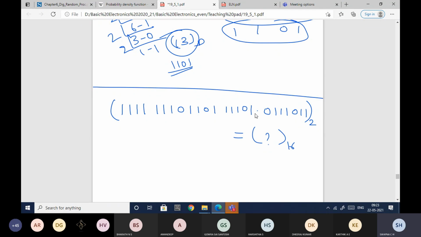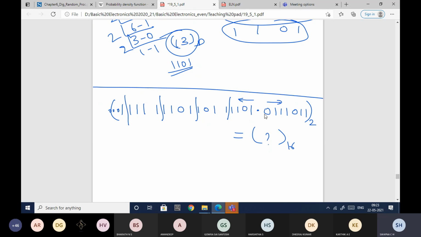This problem I'll do along with you. So this is a point. Those who can do, please do it on your own. No problem. This is a decimal point. So I need to group from here 4 4 and from here 4 4. 1 2 3 4, 1 2 3 4, 1 2 3 4, 1 2 3, 1 2 3 4. So I'm left out with only 1. So I need to add 3 zeros here.